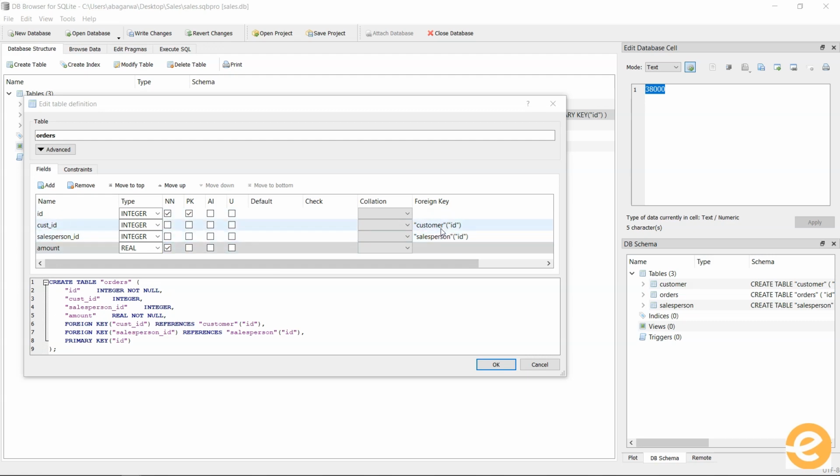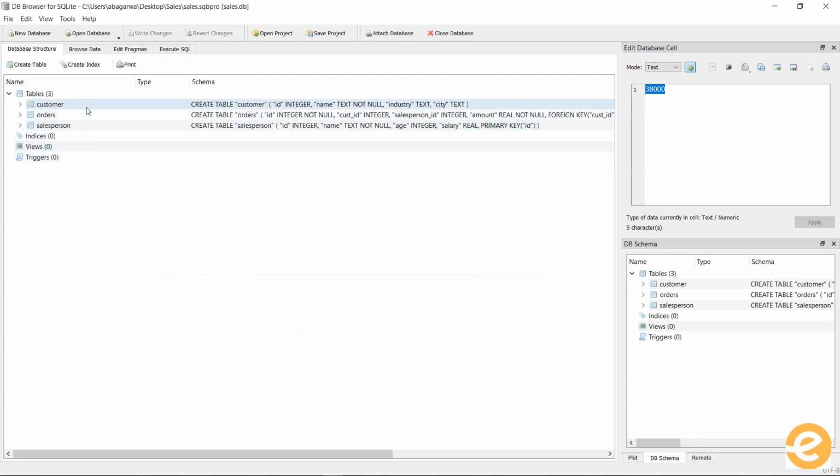And as you can see, it's very straightforward. You can just come to any table and say, for example, on customer you want to apply, you will modify the table and start making the process as we did with the orders table. In the next video, we are going to look at how we can insert data into the table.